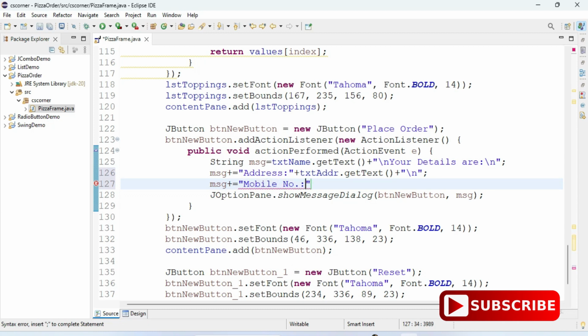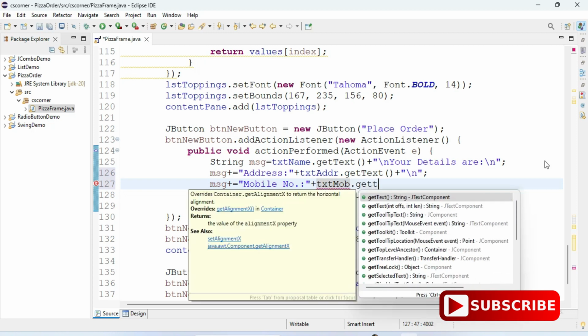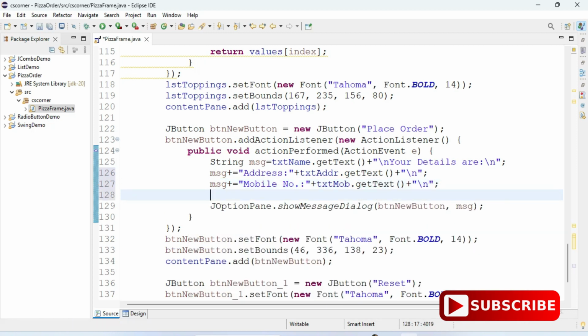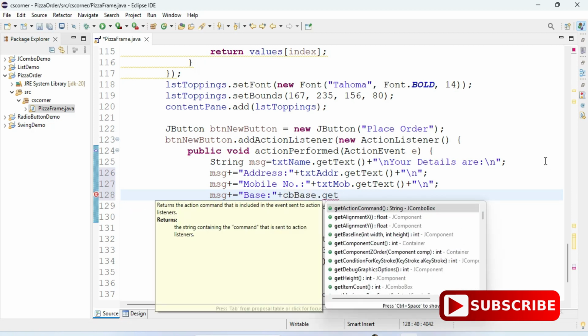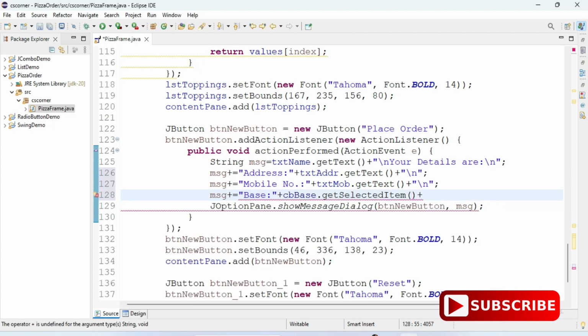In the next line I'm writing msg plus equal to, and then in double quotes, now we have to retrieve the mobile number. So first of all I will be displaying "mobile number:", and then plus txtMob.getText(). So it will retrieve the mobile number value, and it will add to my msg variable, and then again I'm putting \n. So address, name, and mobile number is done.